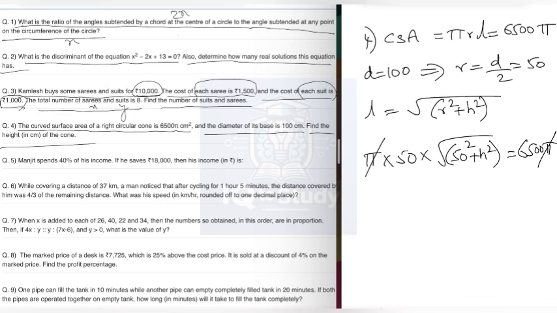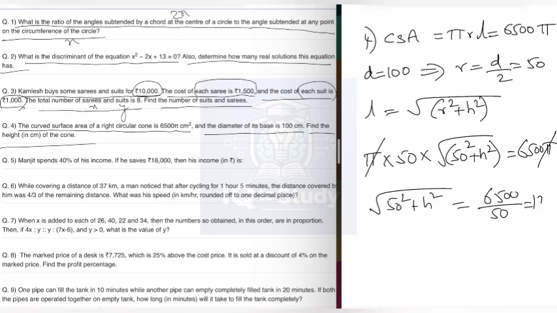Here pi gets cancelled and square root of 50 square plus h square is equal to 6500 divided by 50,